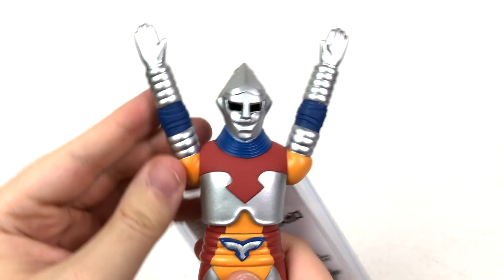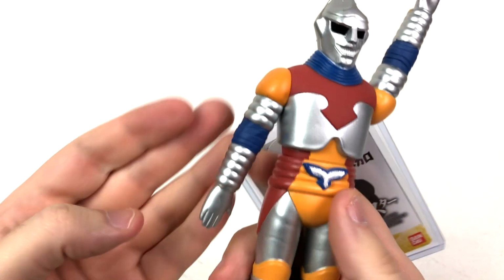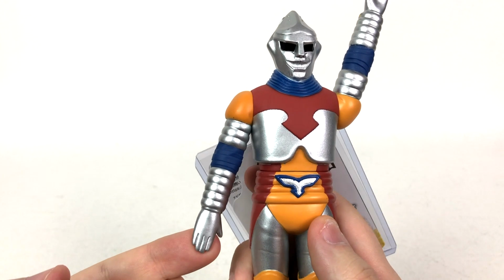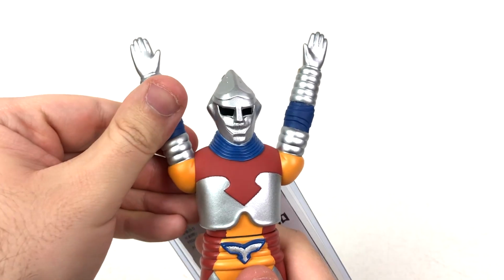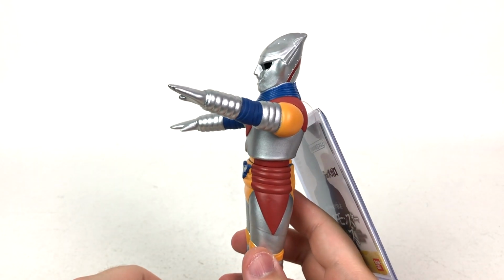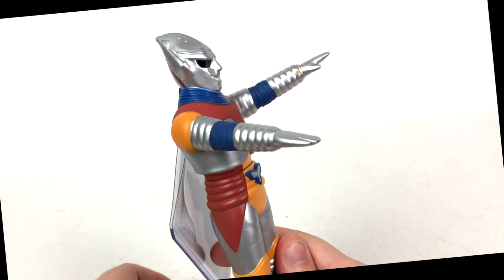Absolutely nothing, Double D. Okay, that's not true. Flying version Jet will actually have new arms. These are just straight down, fully extended, fingers fully extended as well, and you just pose him up like this so it looks like he's flying. That's really it. Sure, you can have him posed like this to make it look like he's doing the alien